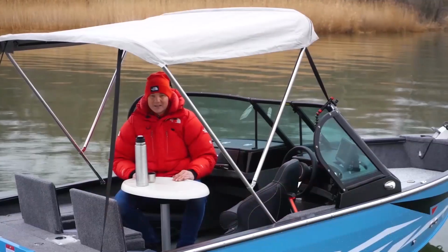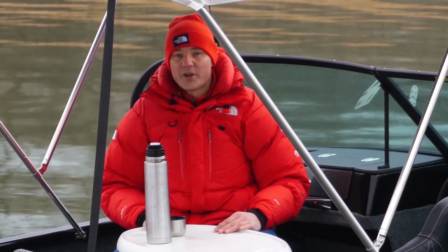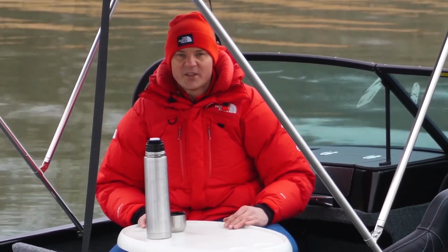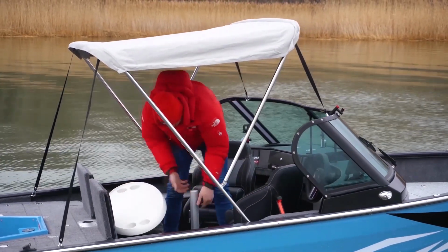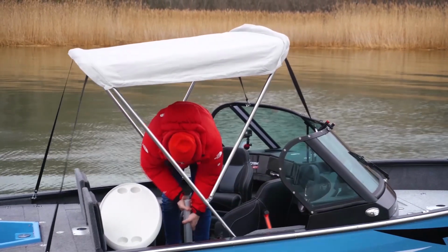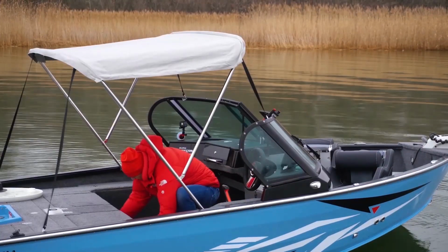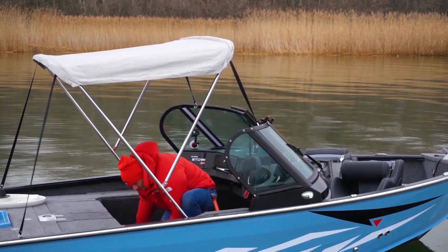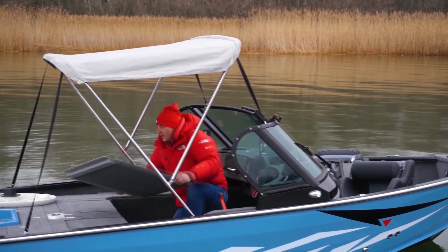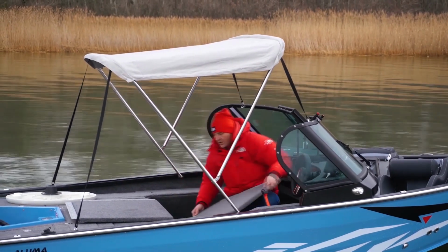And that's not all. As you know, it's quite difficult to organize two proper sleeping areas on boats that have fishing platforms. Here's how ALUMA Storm 477 solves this problem. Remove the table, remove the stand, take out the sleeping area mounts, one and two,